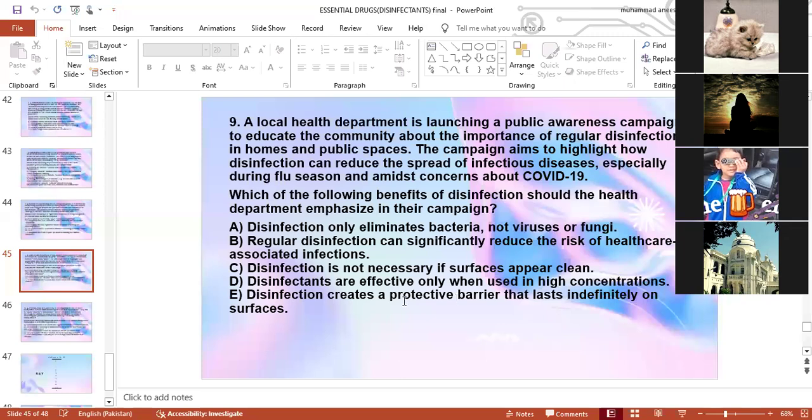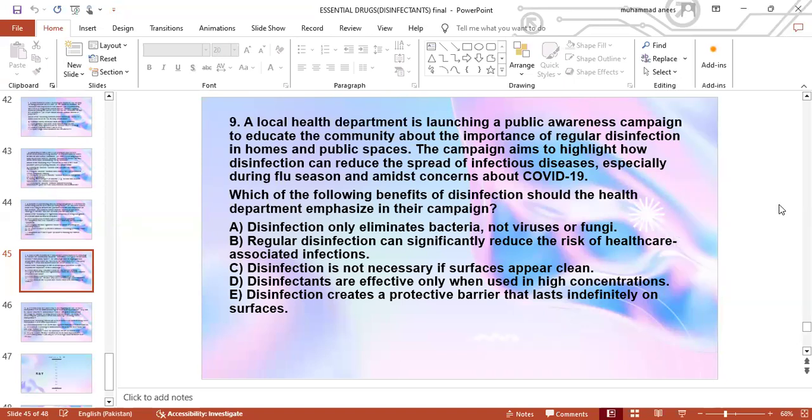A local health department is launching a public awareness campaign to educate the community about the importance of regular disinfection in homes and